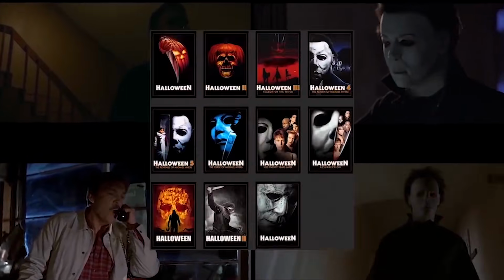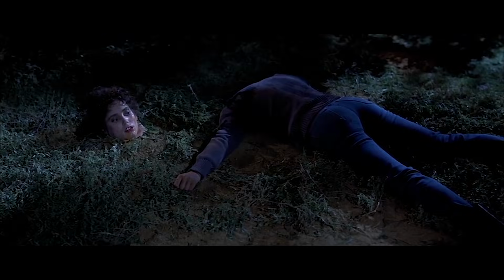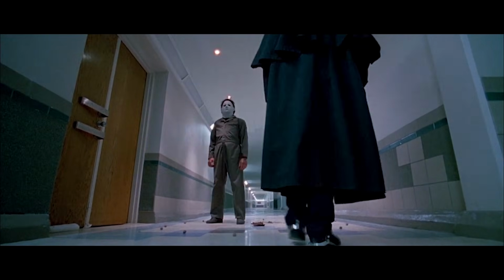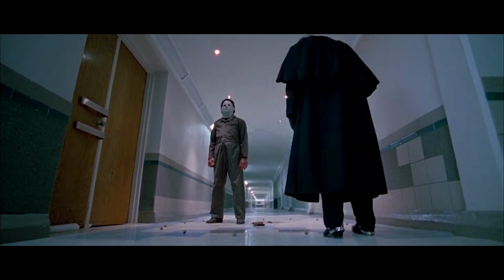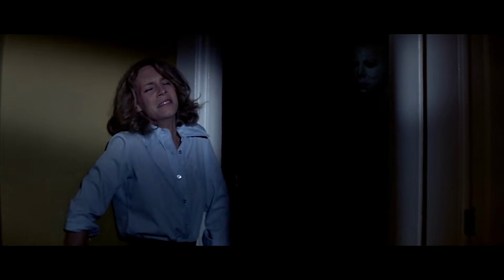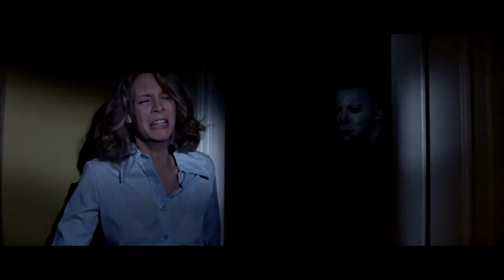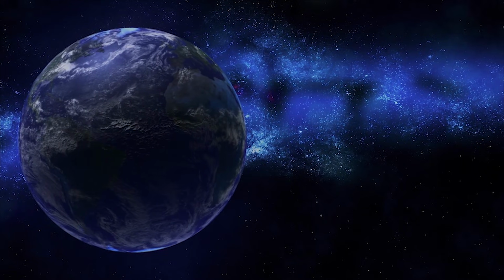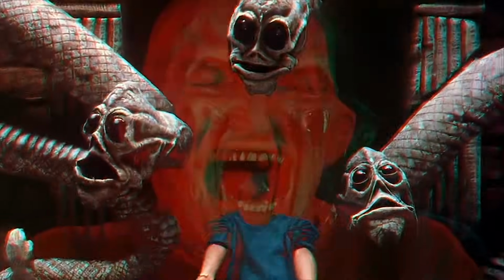Halloween, as you've seen in this series, is a franchise that has been a little all over the map. Classic genre-defining entries, random sequels, sequels that have nothing to do with the main franchise, and of course, a remake and a sequel to that remake. It's had elements added and taken away that turn it into something completely different than the original concept of the babysitter murders would have ever dreamed. However, unlike some of its slasher contemporaries, Halloween never went to space or 3D.